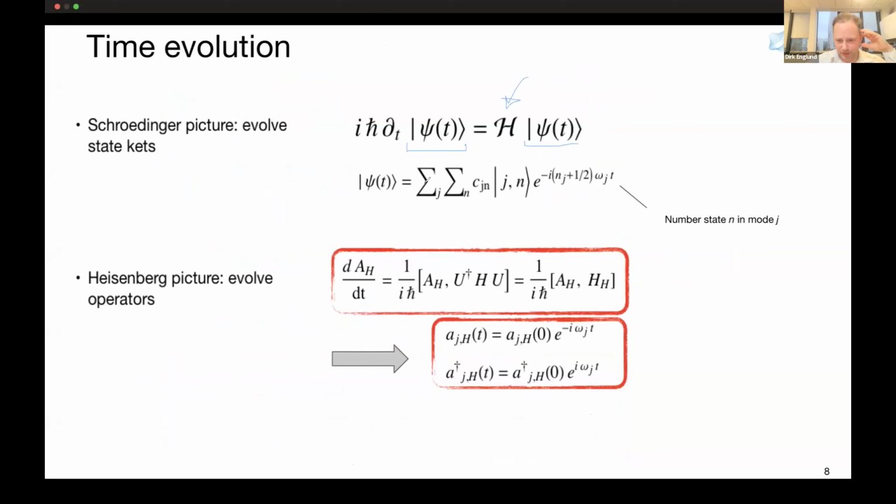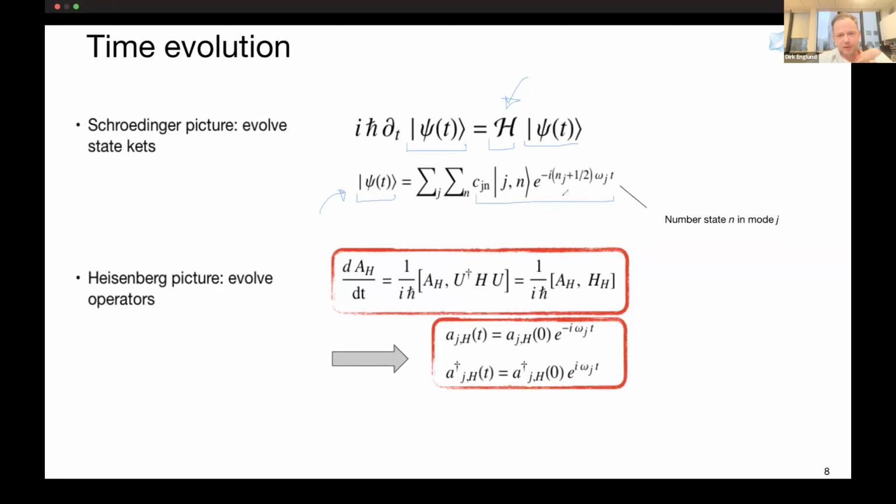If the Hamiltonian is time independent, which is what we're going to consider in most cases here, except in quantum control, where we have a control field, which would be a time dependent Hamiltonian, then you can solve this directly in closed form,